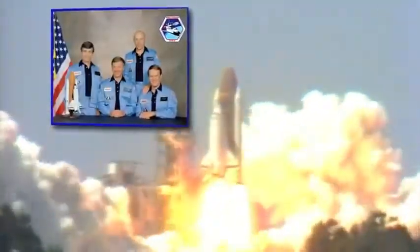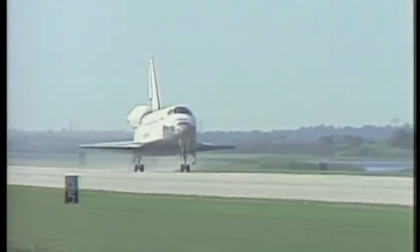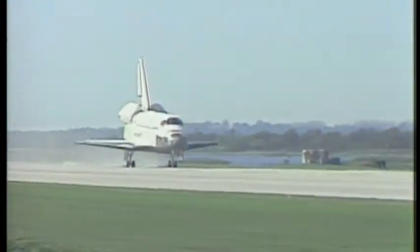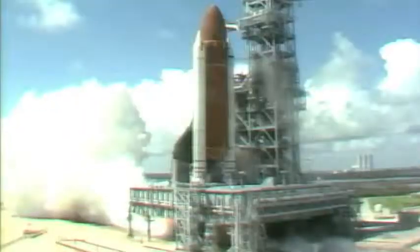Bobko flew as the pilot on STS-6, the first flight of Space Shuttle Challenger, in April 1983. 2 years later, he commanded Discovery on STS-51D and landed the shuttle safely despite a blown main gear tire. 6 months later, Bobko commanded Atlantis on its maiden flight,